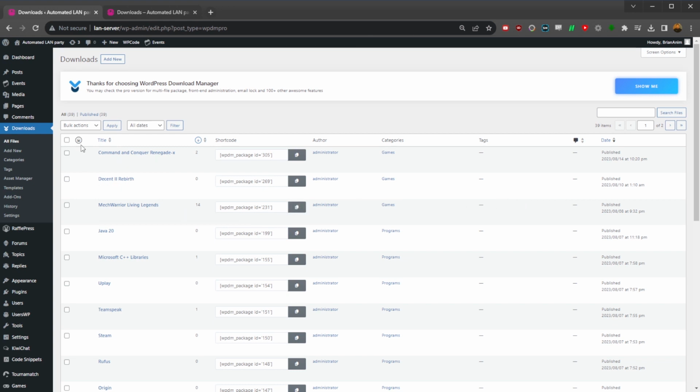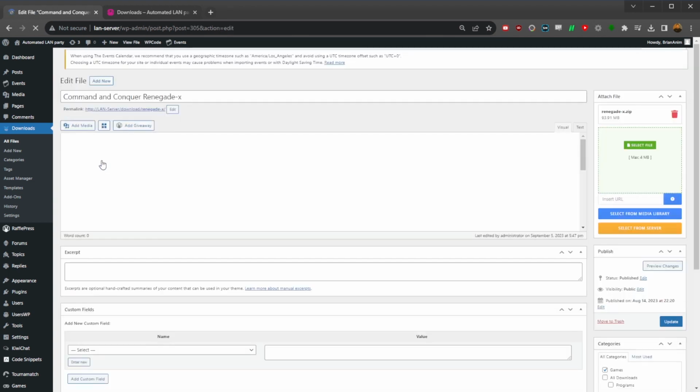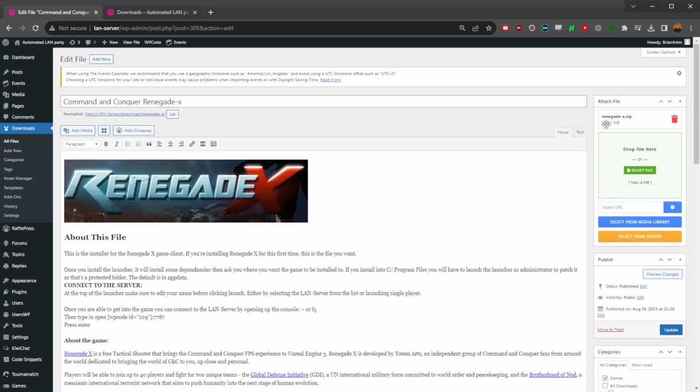Now what we'll do is we'll either add a new game here at the top, or either game, utility, or program, or we can clone one that we've already done. If it's a game, you could just clone a game, or if it's a utility like Java here, we could just hit duplicate. And then that would kind of get you a head start. But we'll just go ahead and look at this one for Command & Conquer Renegade. Now we can see Renegade X has a zip attached to it on the top right,